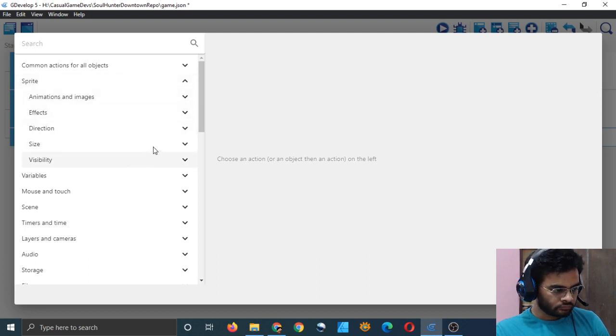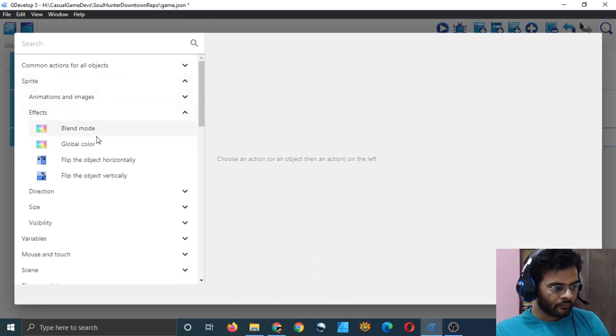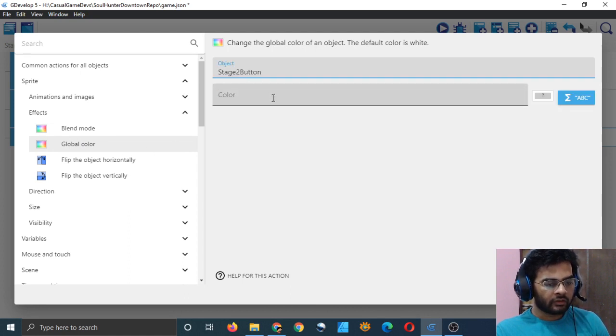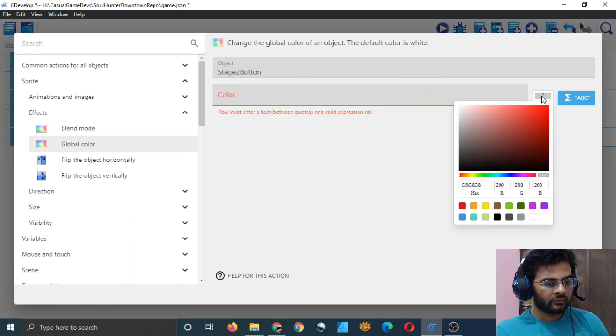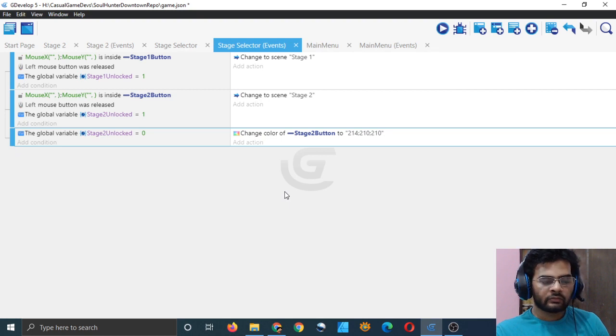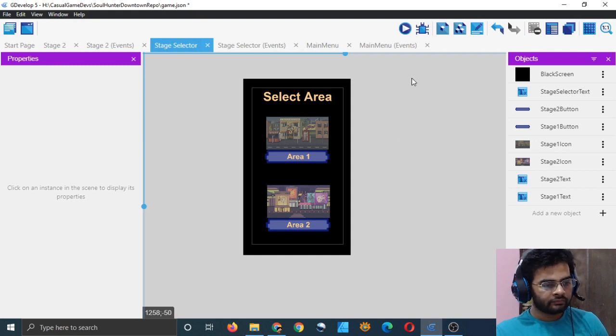Effects, global color, stage 2 button color. I can choose from here. I will choose this color. So how about that? I guess it should work. Let's see if it actually works or not.